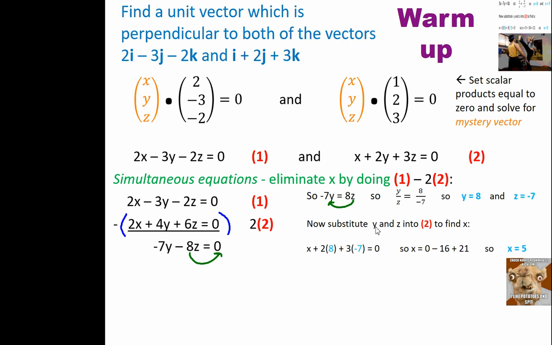And now substitute y and z into equation 2 to find x, for example. So sub in y is 8, z is negative 7 into here, and solve for x. You end up getting x equals 5. So we've got our three answers here. You see we've done x plus 16, sorry,